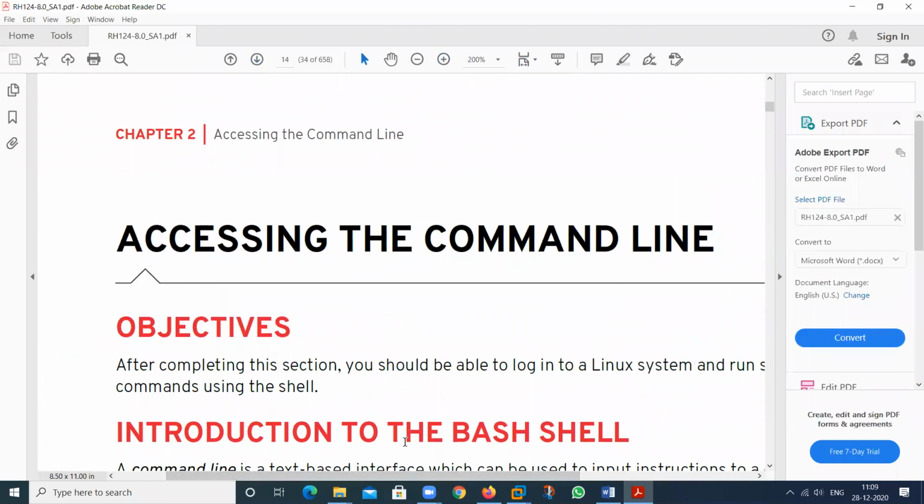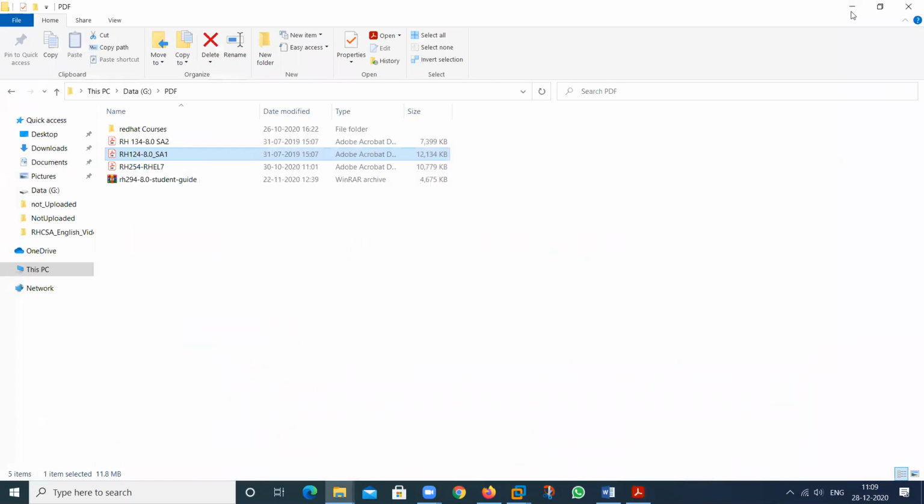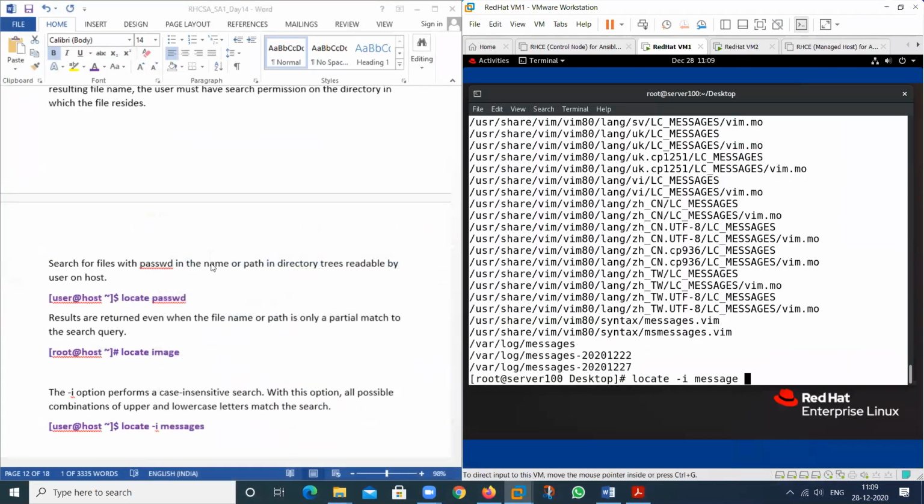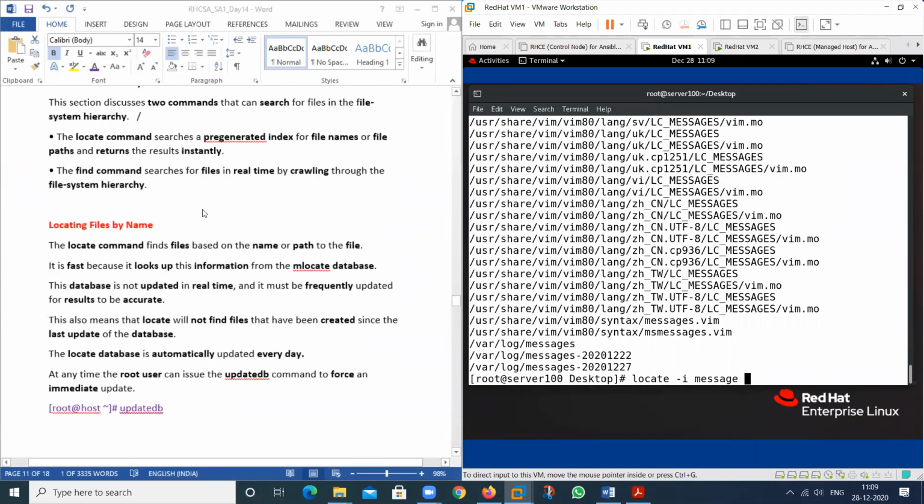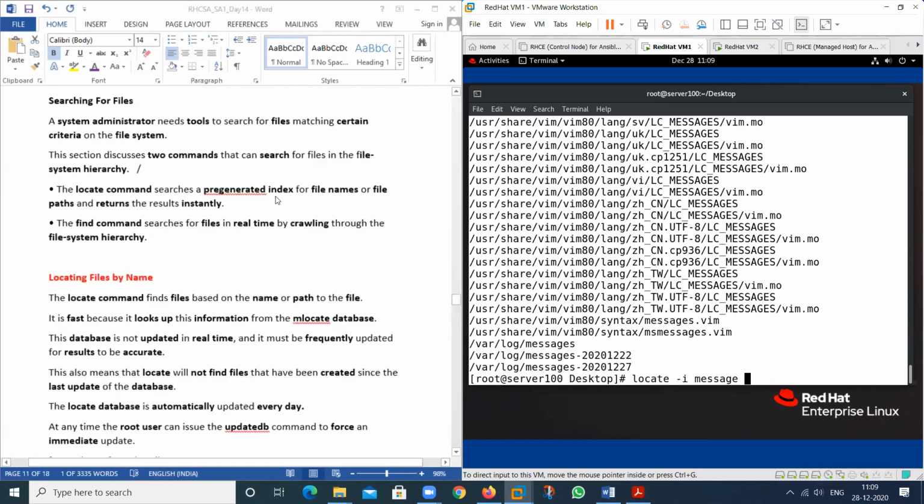So an index is used to search any particular page and go to that particular page. Same like this we use in Linux, that is called the pre-generated index mechanism. So by this mechanism we can search the file by name and also by path, and it will send the result instantly.